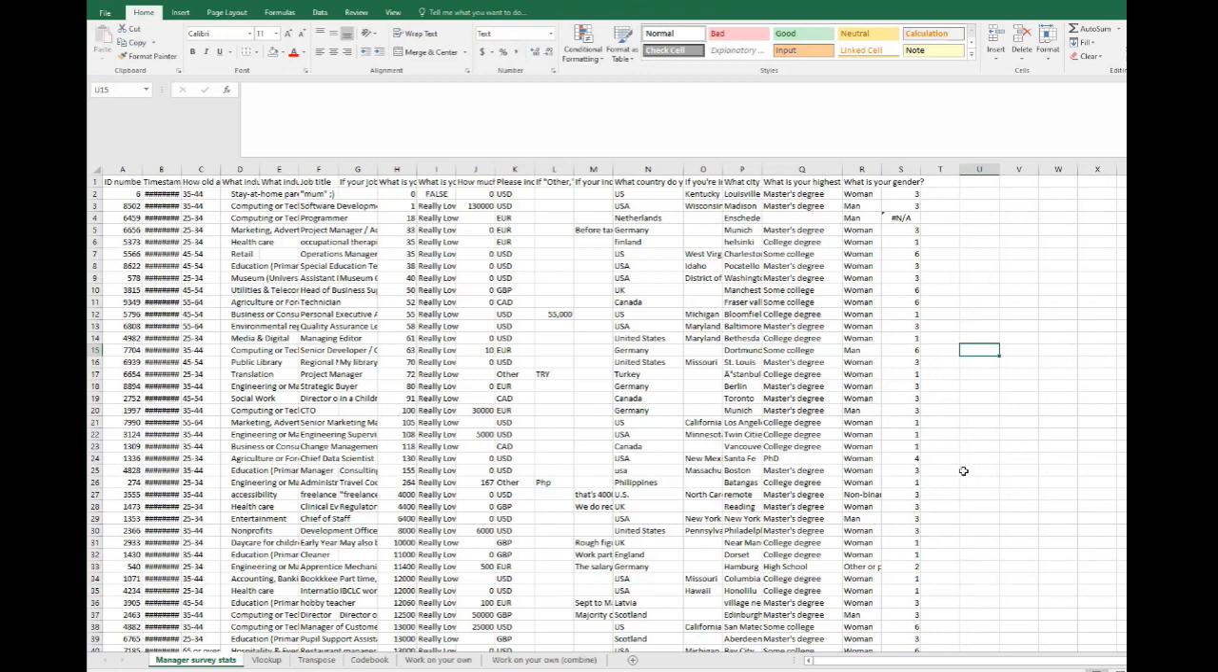Any questions on VLOOKUP or if function? Okay, now